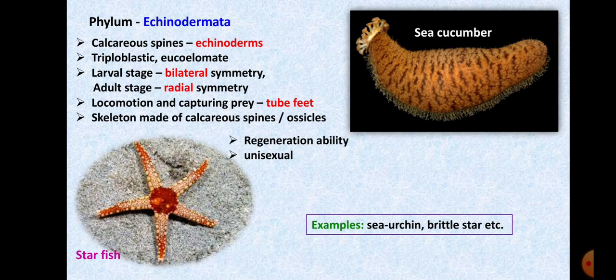Clear? And few of the echinoderms are sedentary as well. Okay, not all are locomotory and not all are sedentary. Obviously there will be variation, all cannot be same, right or no? Okay, this was the second last or ninth phylum of non-chordates. The next is the last phylum of the non-chordates, and that is